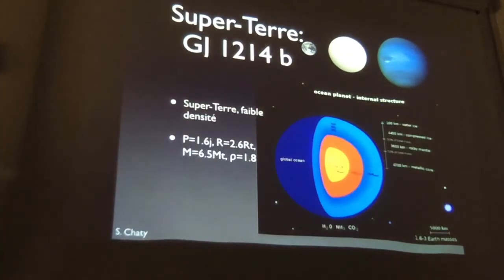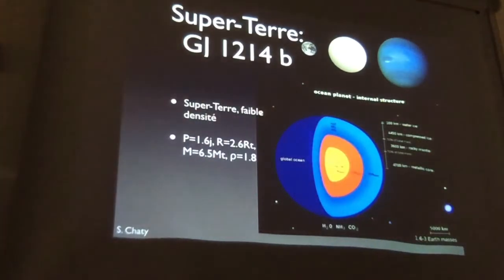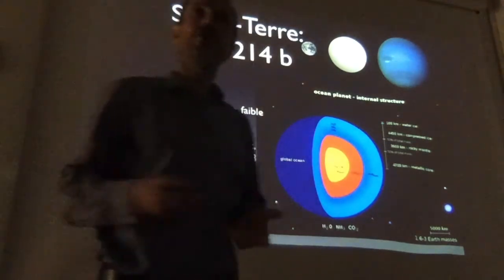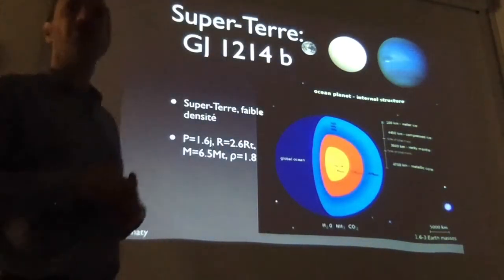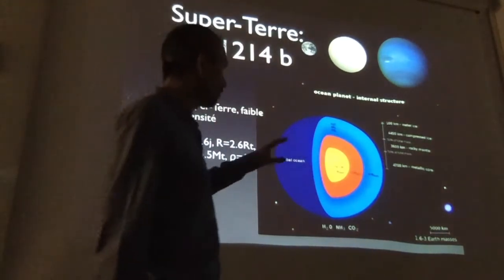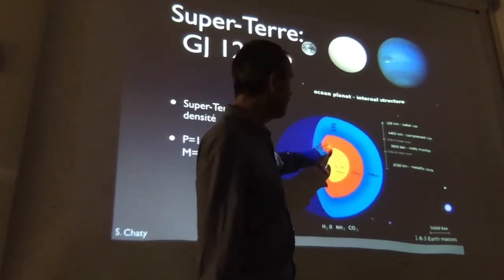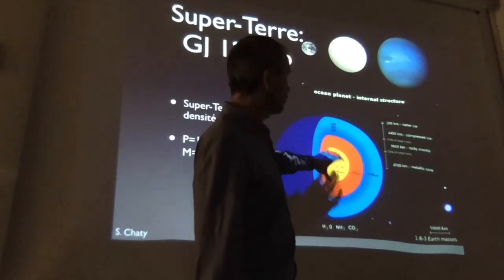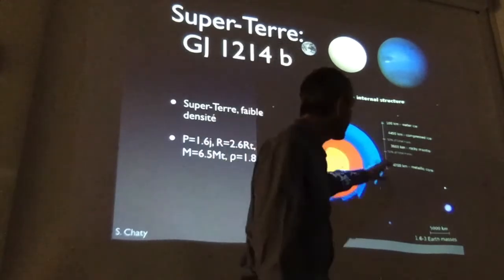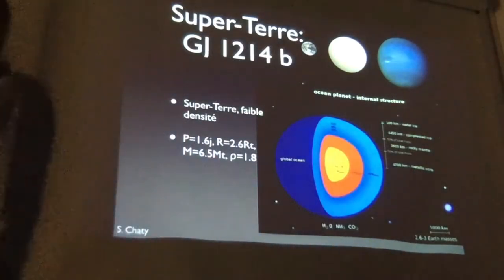Well, the model can change a lot in these planets. So I just show this for an illustration, but obviously it can be completely different from this. I will show you afterwards some different models of particular planets. Here you would have a core of iron and nickel. Then you would have a metallic core. Then you have a rocky mantle. Then you would have some compressed ice, and then you put there a global ocean, a bit like in the